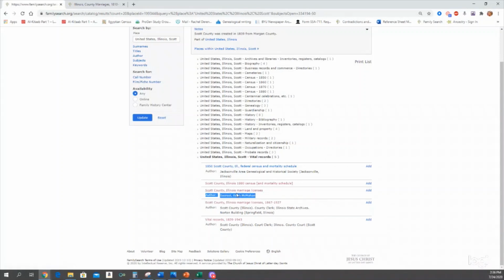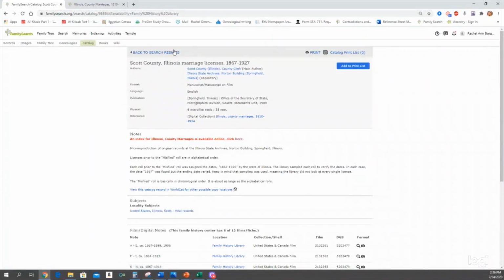And they'll be under just marriage license records. If I had to choose, and I had the original records available, I would choose this first because I can get more from the context of the record itself. So we're going to go there. I should have slowed down, but this is the same thing that you would have seen on that page. I'm clicking on marriage licenses 1867 to 1927. And that fits my time range. I'm looking for 1891.